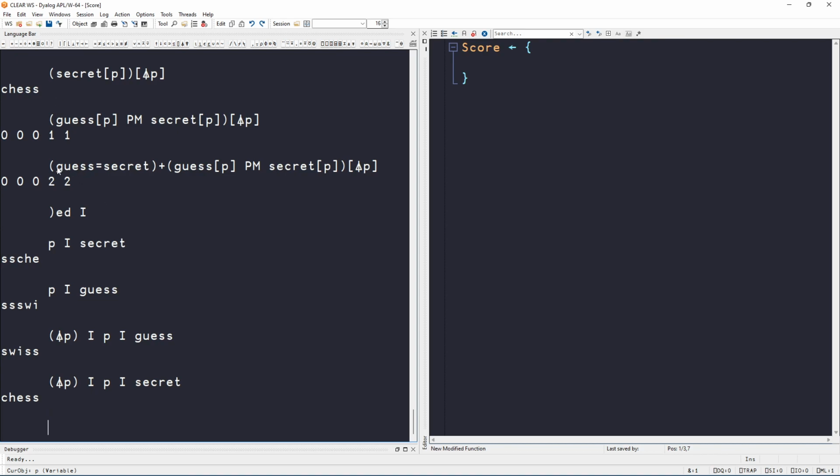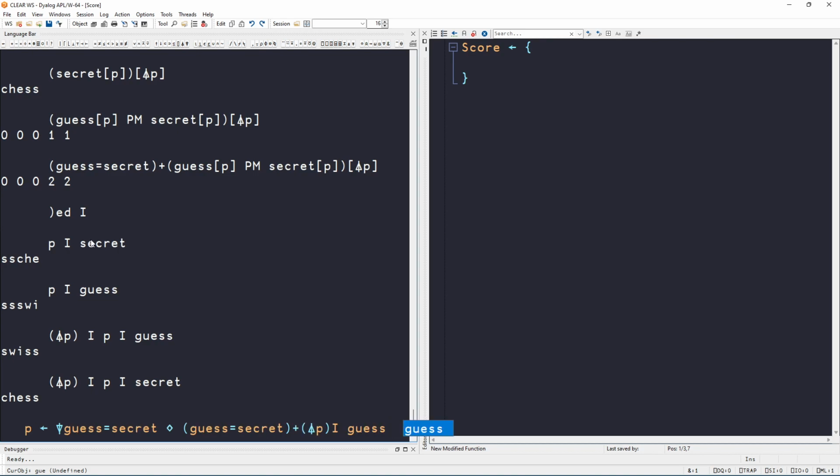So now our solution, this expression becomes, first P is the grade down of the direct comparison between the guess and the secret. And then what we do is the guess equals the secret plus the grade up of P indexing into